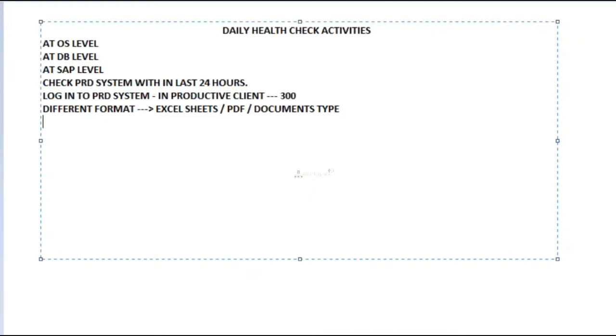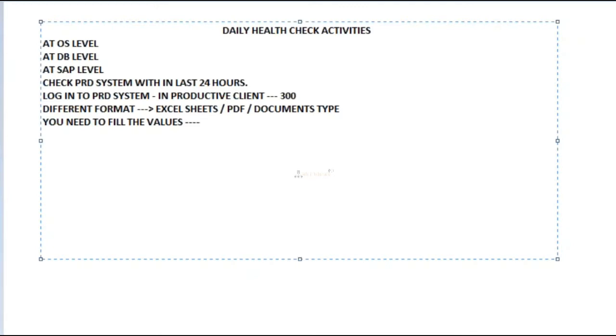And one more point is, in daily health check activities, if you are using an Excel sheet or PDF format or Word document, you need to fill in the values. Values means what? Whenever I am doing daily health check activities, the value of the T-code result, I need to maintain in that Excel sheet.